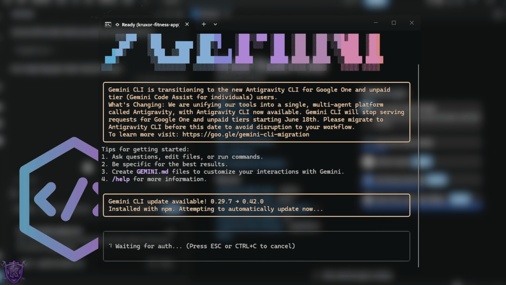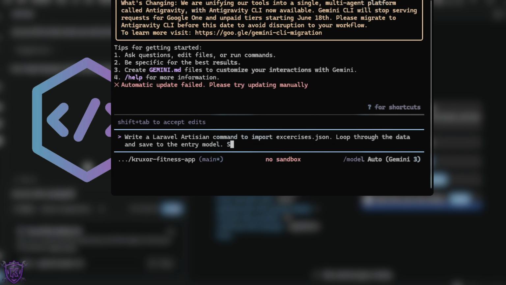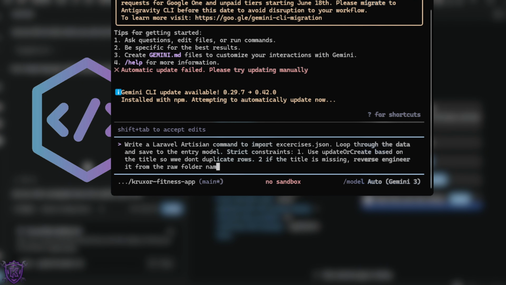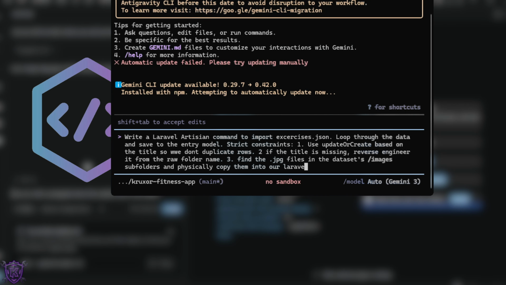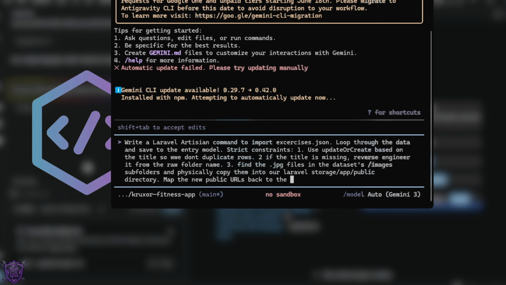Instead of doing that, I fired up the Gemini CLI. Now you can't just ask an AI to import my data, you have to treat it like a junior dev. I gave it a strict constraint. Write a Laravel artisan command using update or create, so we don't duplicate any data. Reverse engineer the exercise titles from the raw folder paths, and copy the physical JPEG files directly into my public